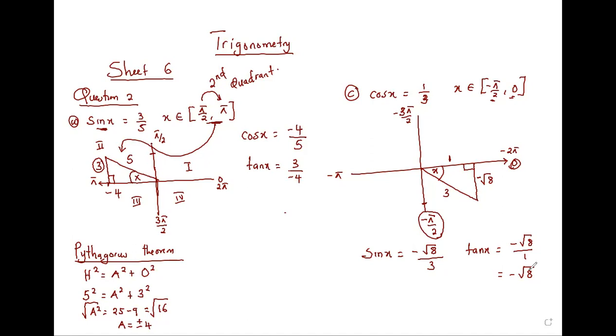So I want to bring similar questions to these ones. I'm going to skip questions 3, 4, 5, 6. I'm going all the way up to question 16 first. So question 16, it's saying